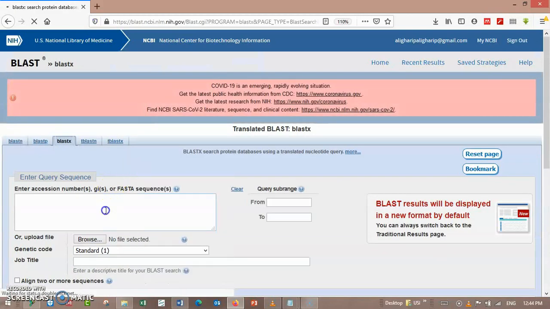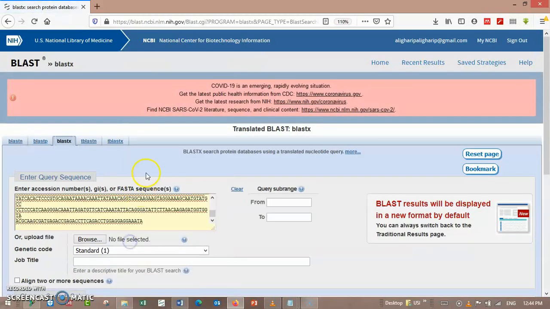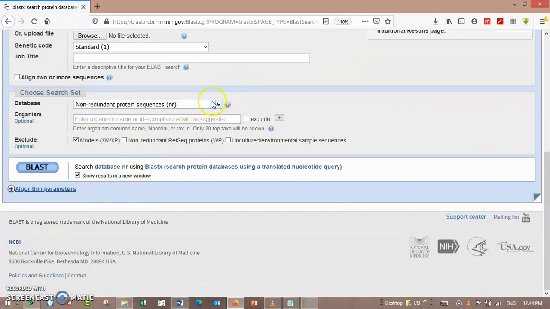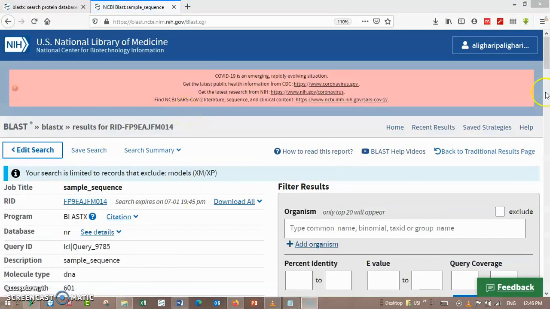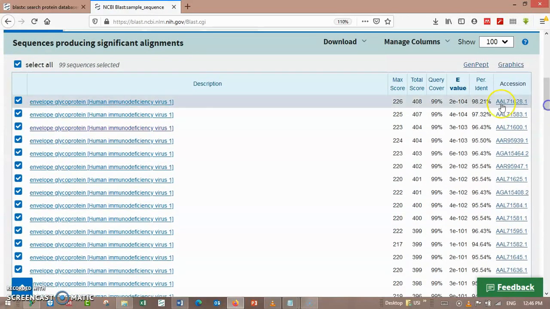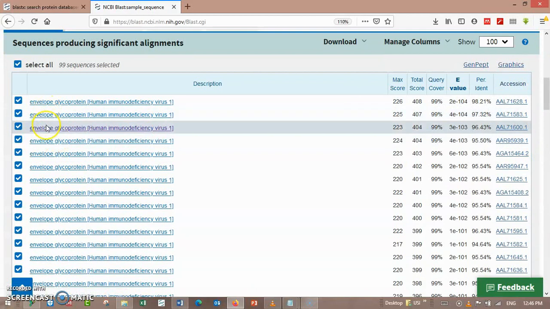Here is BLAST, non-redundant. Here is the database that can be chosen, BLAST, and here is the result. This is translated proteins, and if we want to extract the sequence of the protein, we have to choose AAL